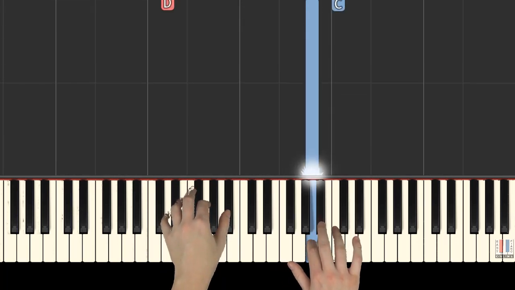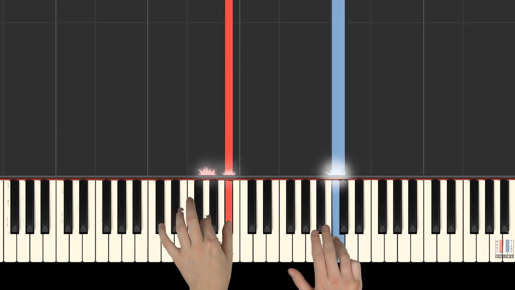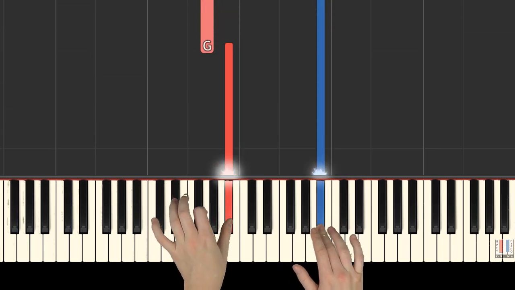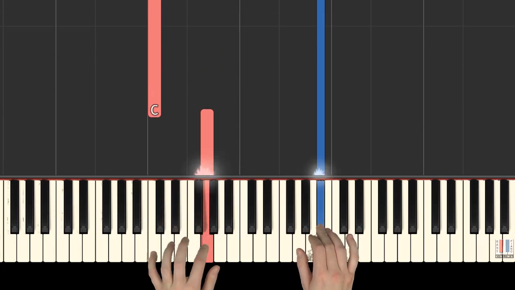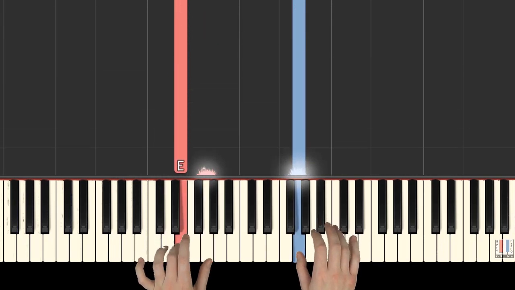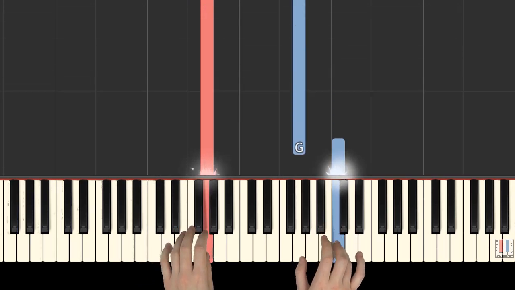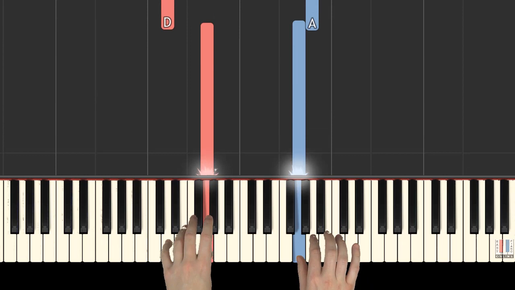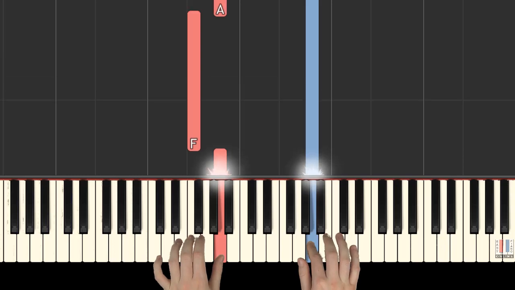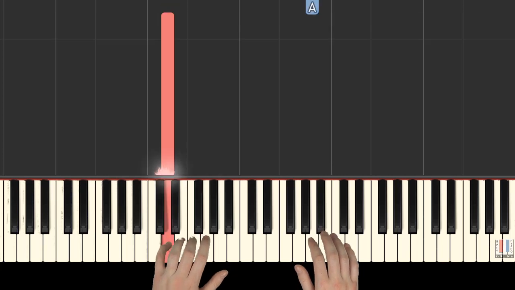Together, left hand fifth is on D. Right hand fourth is on C. Second on G. B flat. Together, left hand G. Right hand B flat. Again together. G, C, E, together G, E, left hand first on G, right hand fourth on C, G, and together left hand D, right hand second on A, F, A, F, A, then F, D, right hand